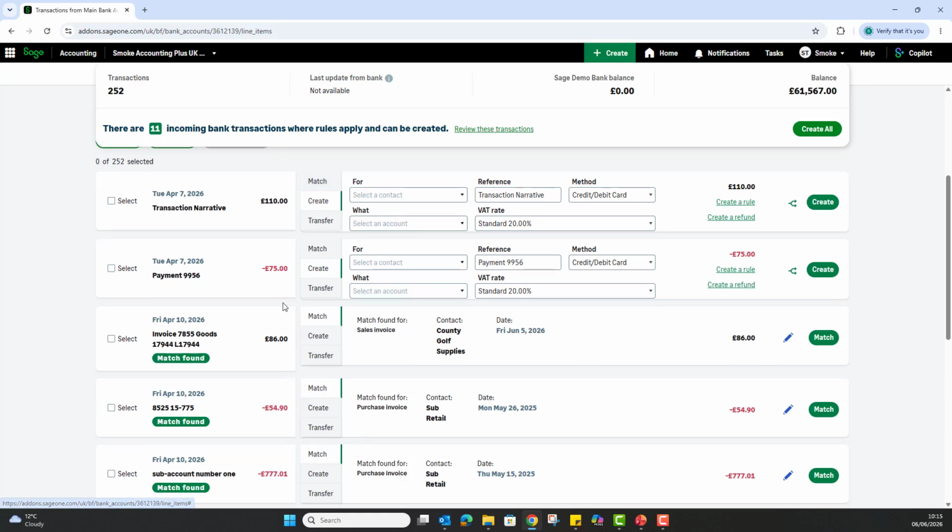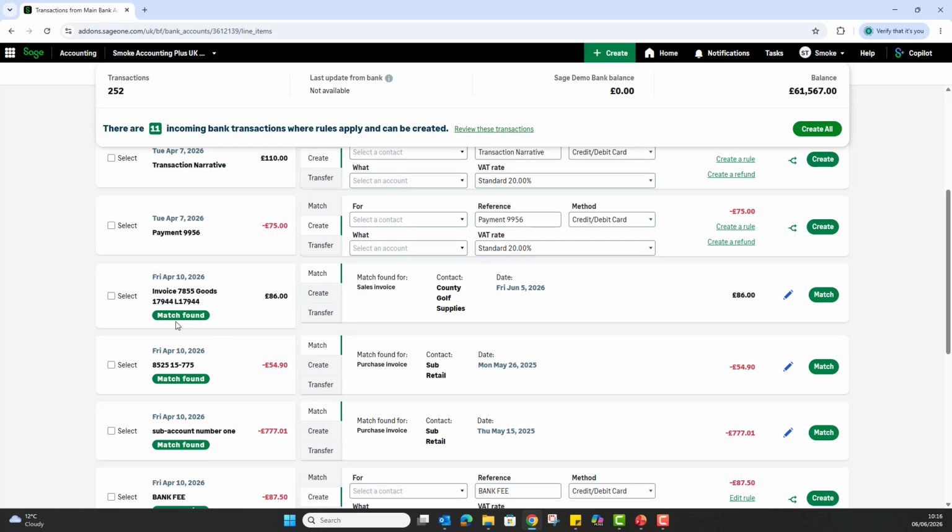So if we look at this example here, I've got a green match found. It's found the sales invoice it wants to match it against. Now it won't guess if it could be a number of invoices of the same amount. It will ask you to confirm, but if it can only be one invoice, it'll find the invoice it wants to match it against. You have got a little pencil if you want to check anything. You can edit if need be. But once you're happy, all you need to do is hit the green match button on the right hand side,